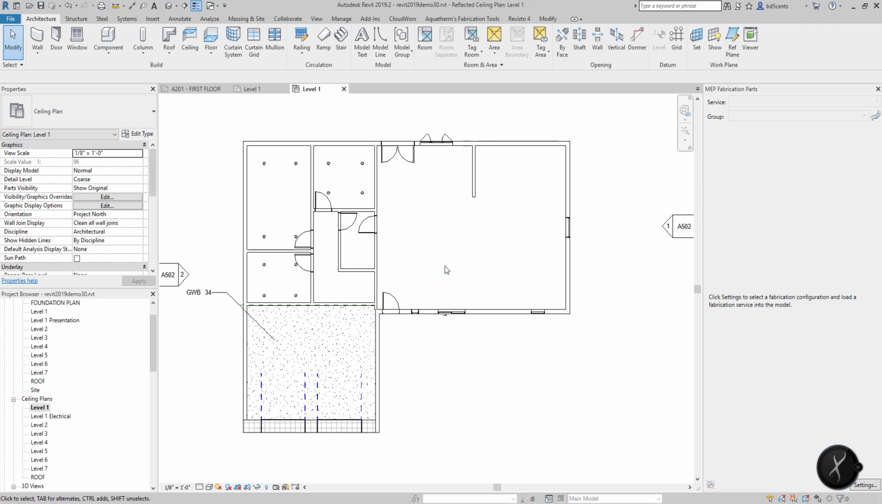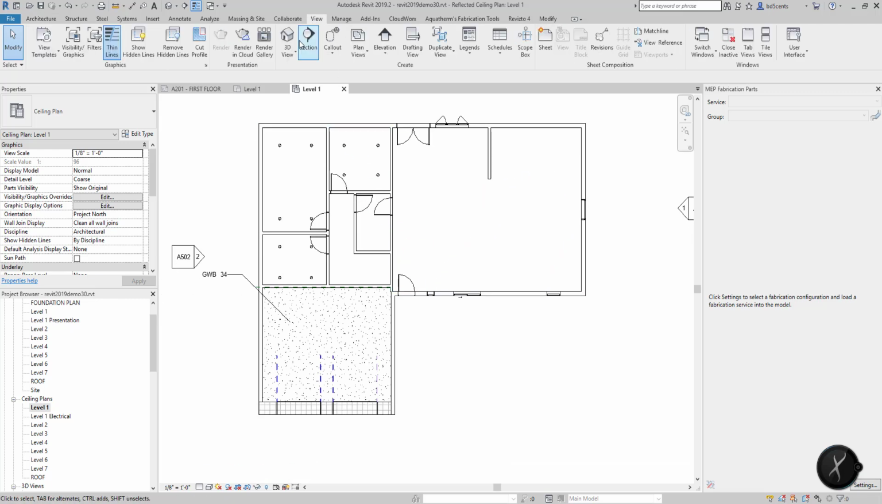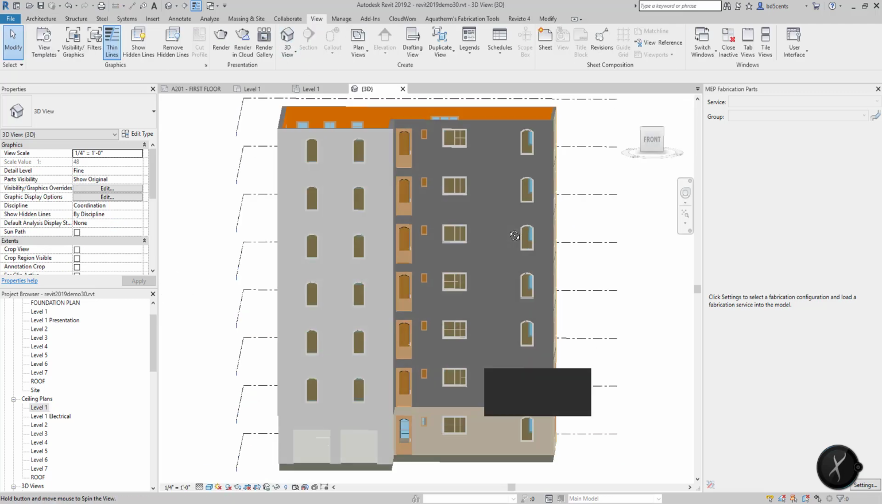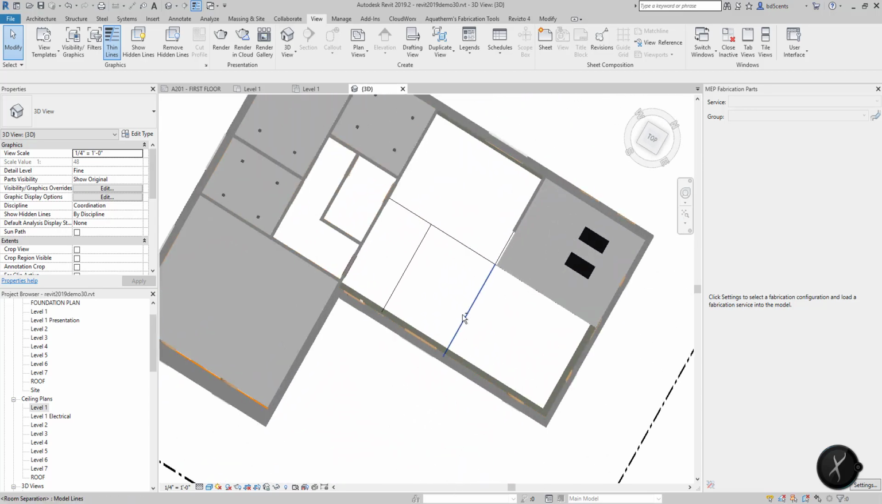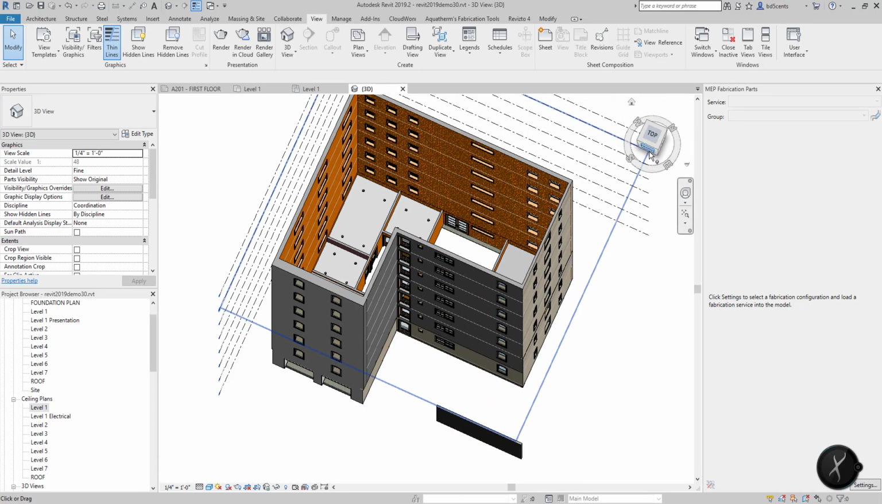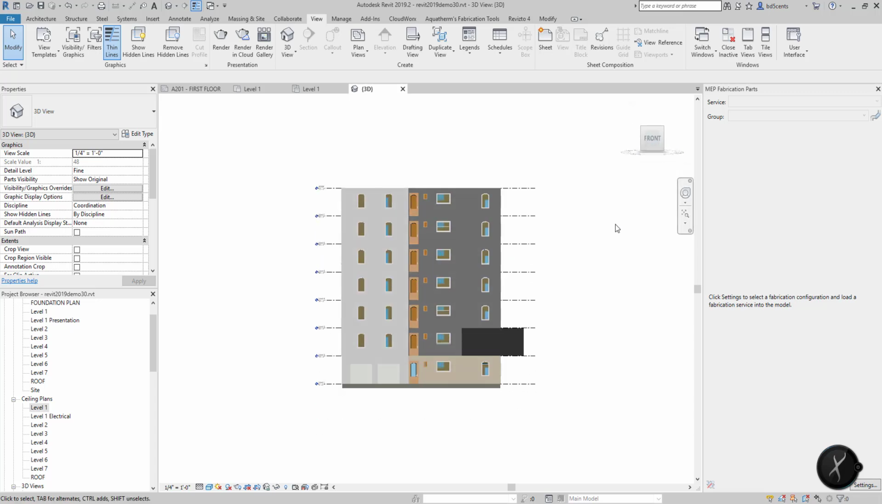Now, one thing we want to do is go to the level 1 ceiling plan and just take a look at what ceilings have been created. We can also view this in 3D as well. So we can rotate down and in. What we're going to do is switch to the front view at this point in the lecture,